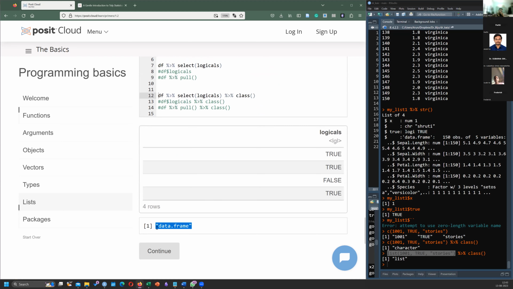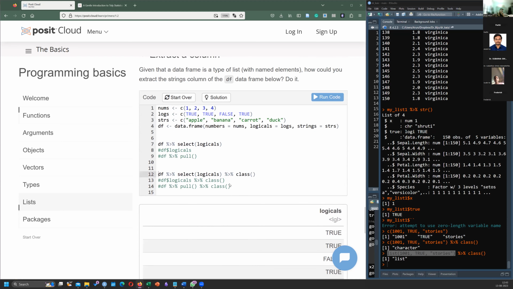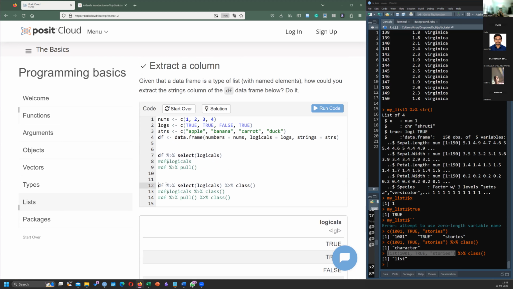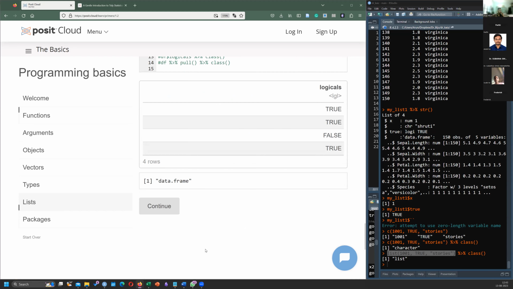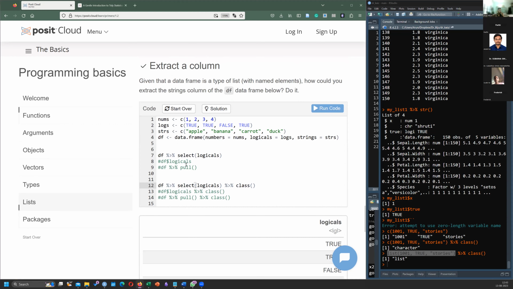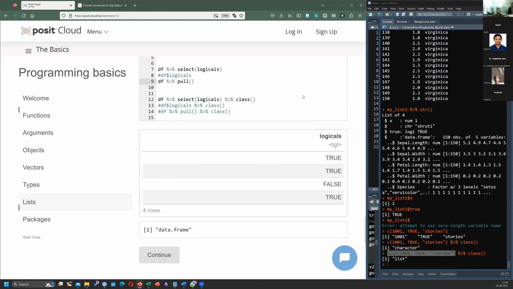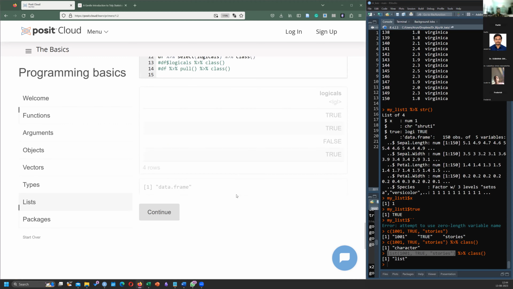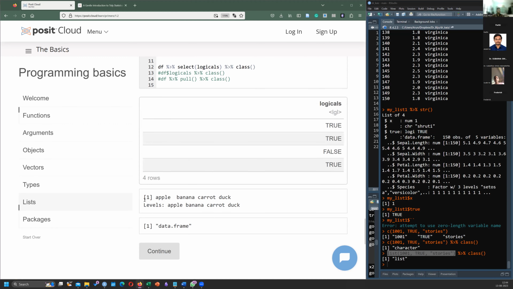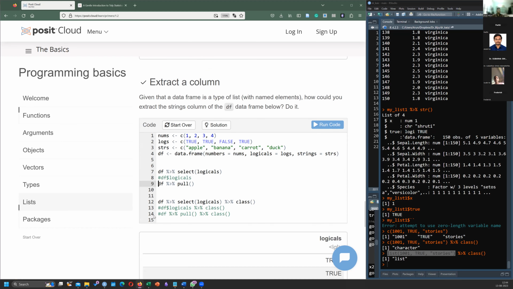Okay, so the output of the tidy select is actually a data frame. Indeed. Now let us look at what pull is doing. Select is giving you a table. Pull is actually giving you a vector.